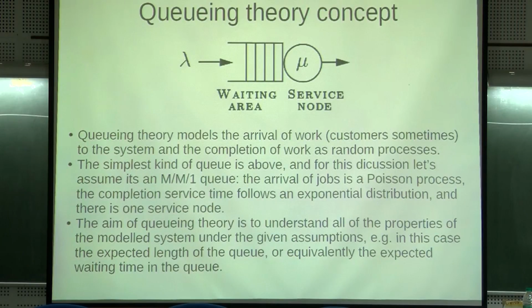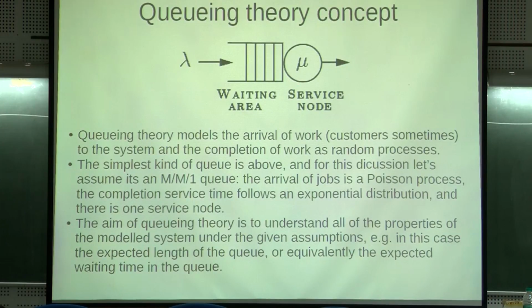Which we're going to understand here. Now, in queuing theory, there's a nomenclature around naming the kinds of queuing systems that you want to analyze. This is called an MM1 queue because these processes are Poisson processes for the arrival of jobs. We just assume that jobs fit a Poisson distribution as they arrive, so they're randomly arriving, and that the time it takes to service each job is described by an exponential random variable as well, and so the M and the M refer to that, and then the 1 just means that there's one